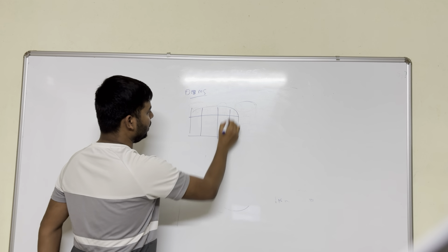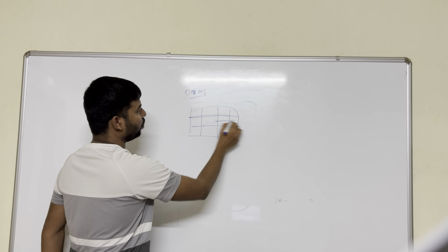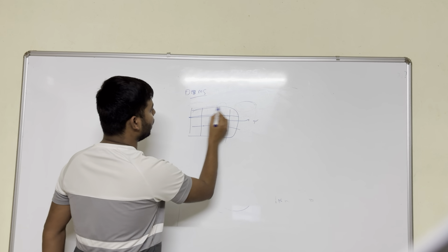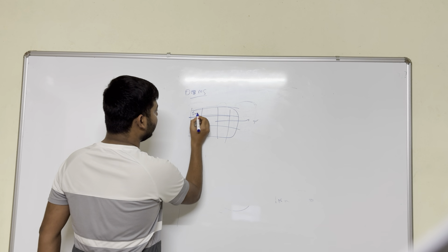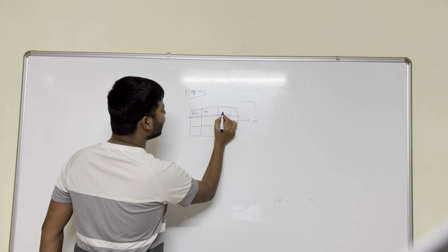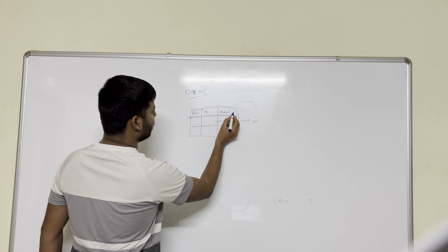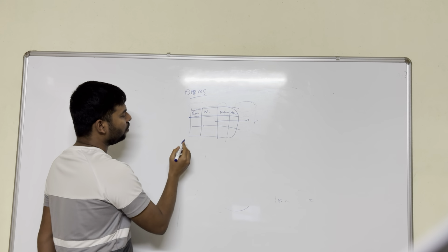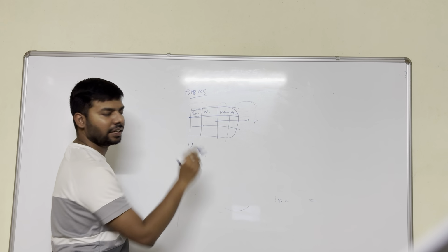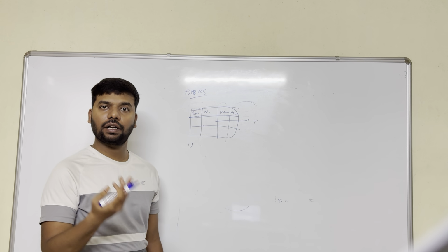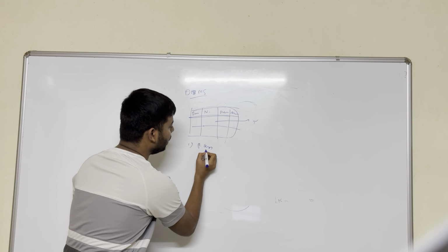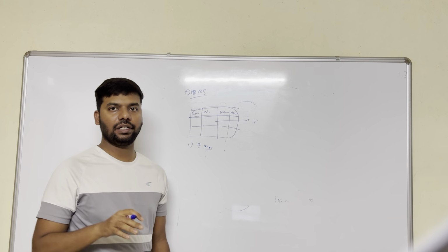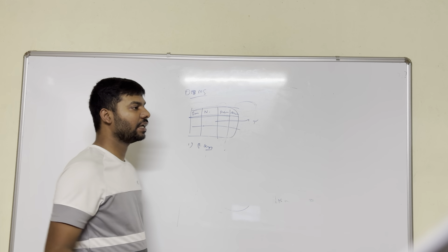In RDBMS, tabular data is there. Each row is called a tuple, and there are columns and data. For example, employee ID, name, phone number, or age. Now what is a primary key? Employee ID is a primary key because no two employees will have the same employee ID. A primary key is used to identify a unique record in the column.